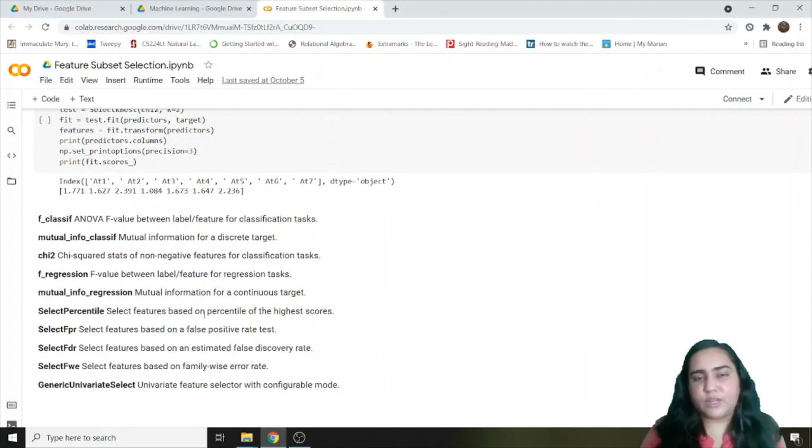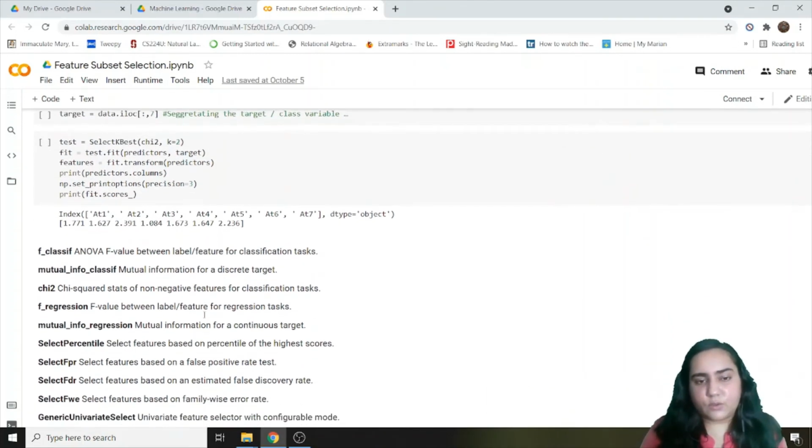So some of these you might have seen before, some of these you may not understand now, which is fine, but I'm just showing you the different options that are available for you to explore as far as feature subset selection goes. Okay. You obviously have the other method where you can do forward or backward selection and then test it out by running your machine learning algorithm and see which one gives you the best accuracy or precision or any other evaluation parameter. So I hope you understood all this,